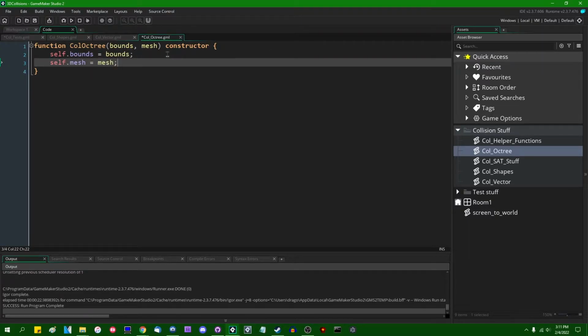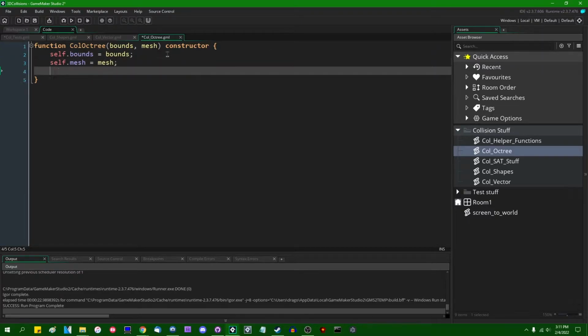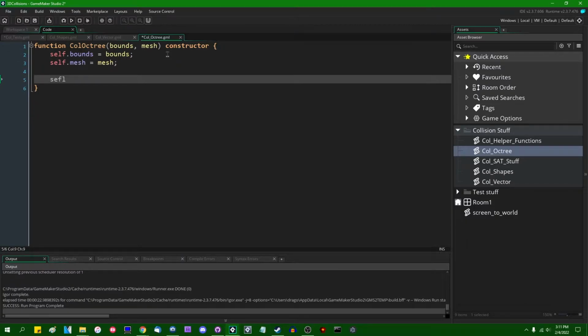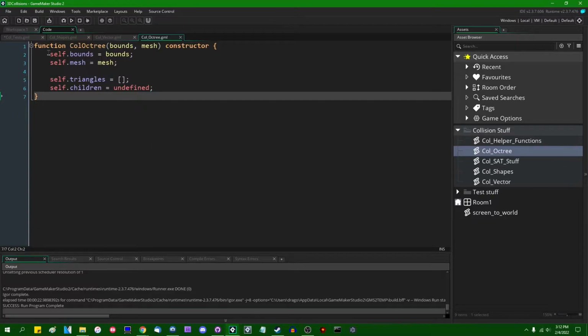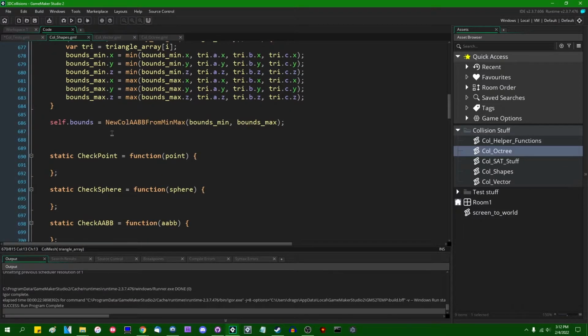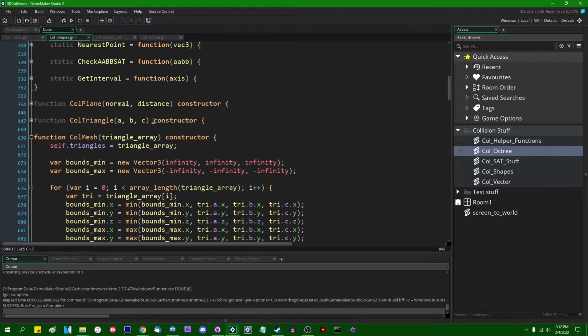Self.mesh equals mesh. Two other things I'm going to define. One is going to be self.triangles. This is going to be an empty array for now. We will populate that later. And self.children, which is going to be initialized to undefined for now. So this is the constructor for an octree. It will not do anything very interesting for now, but now that we have the constructor added,